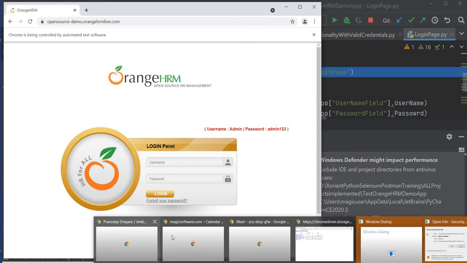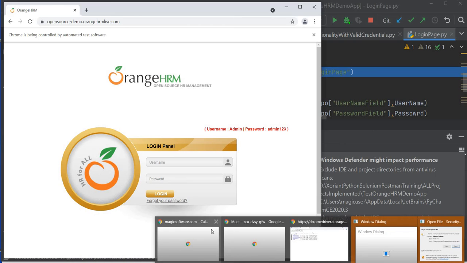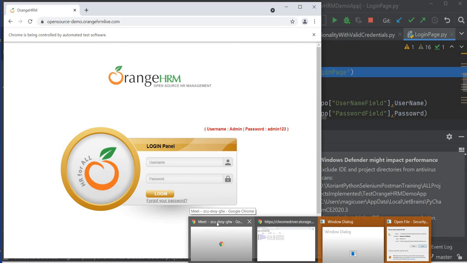Yes. So this could be the reason: the browser actually updates automatically, right, and if your browser has been updated since you executed your scripts and now you observe this kind of behavior, then definitely this could be the reason.